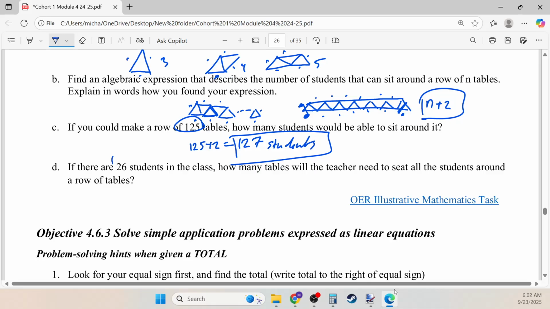There are 26 students in the class. How many tables are needed? This is the other way around. We have students equal the number of tables plus 2. We plug 26 in for students. That gives us 26 equals n plus 2, which gives us n equals